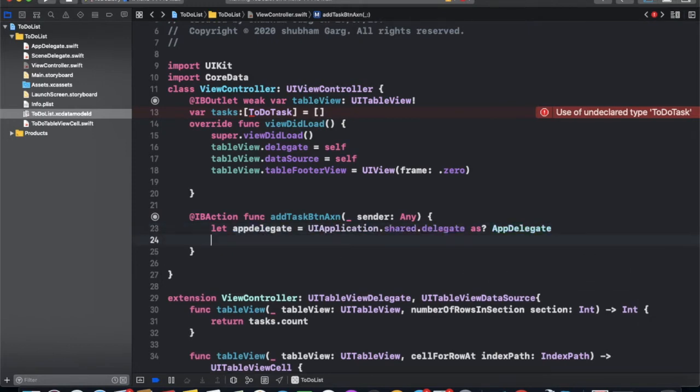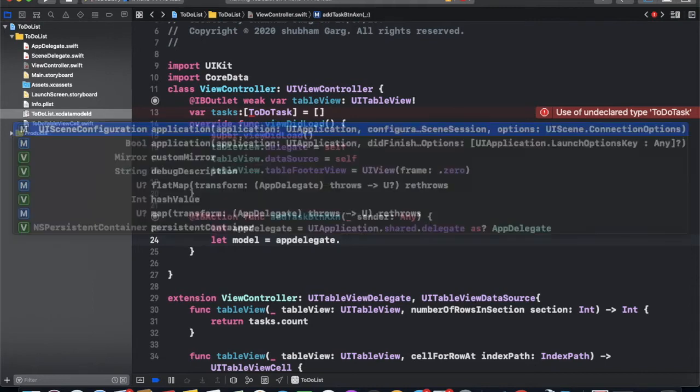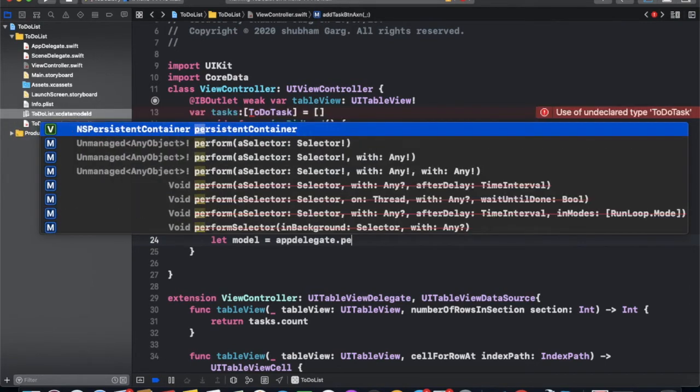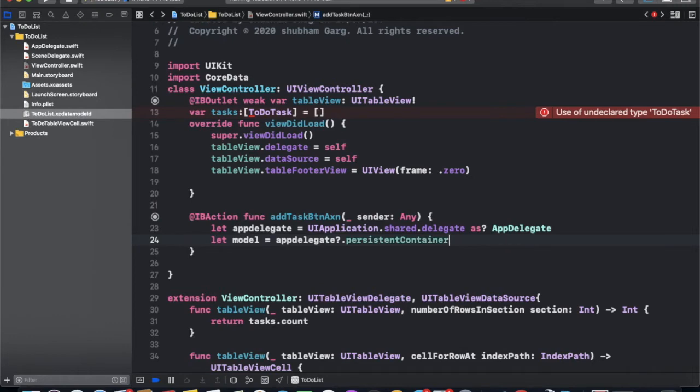Now let model equal to app delegate dot persistent container, we reach the coordinator.